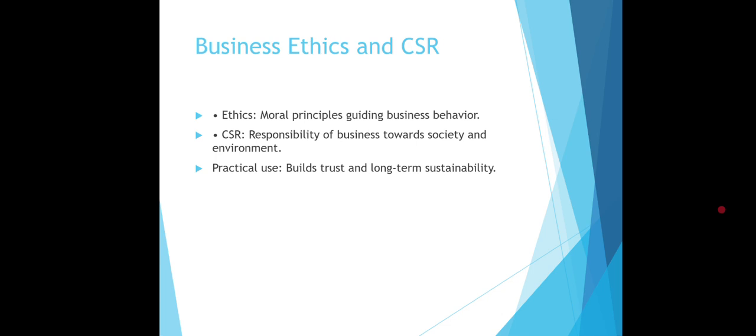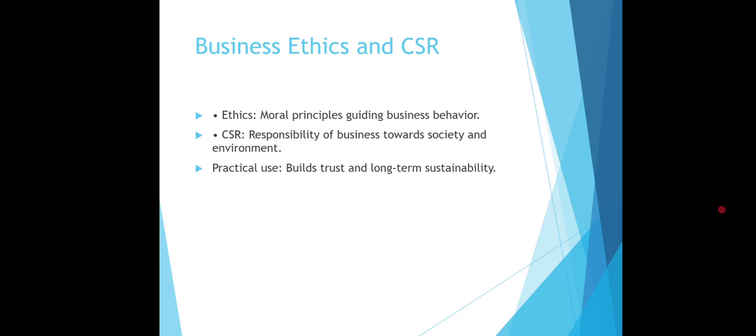After that we have business ethics and CSR. If we talk about business ethics, that means moral values guiding business conduct like honesty, fairness, and respect. These come under business ethics. Next we have CSR. CSR means corporate social responsibility, the company's duty towards society. If they earn a lot of profit, then it's the responsibility of the manager, the businessman, to contribute at least some part of their profit to the society